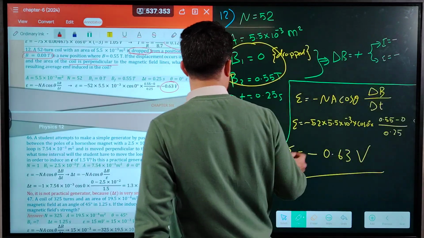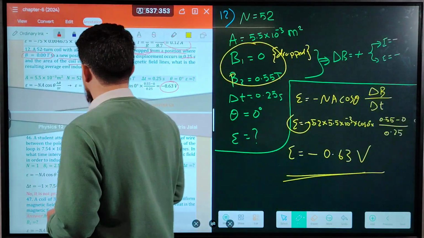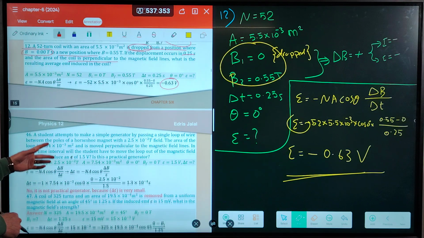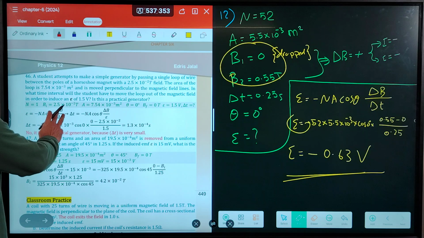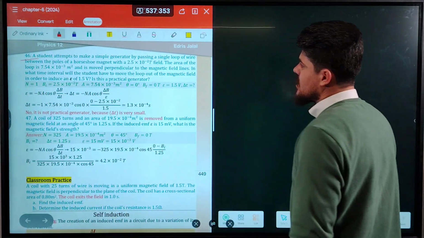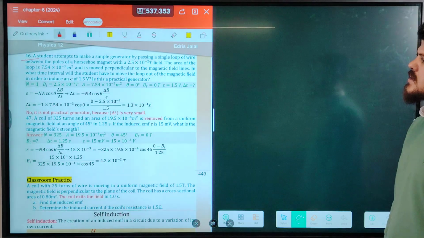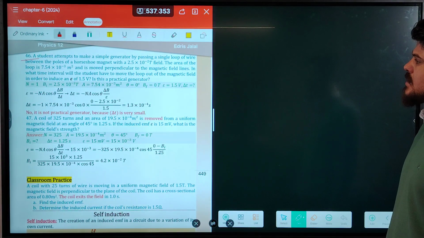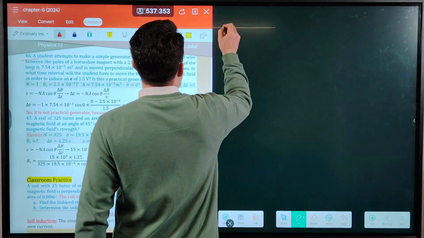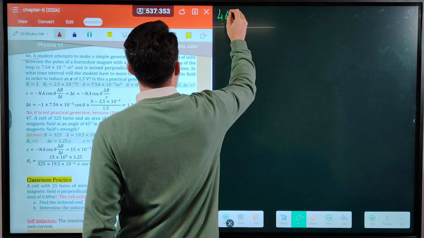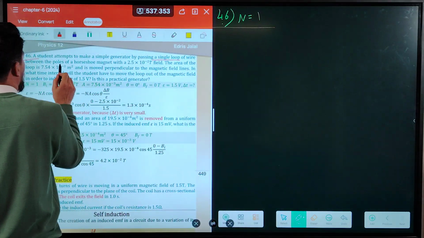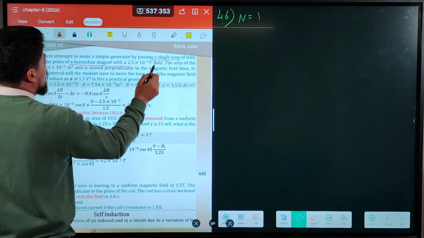0.63 volt. By calculator, you can get the final result of induced EMF in question 12. Question 46, guys, look. In question number 46 in review and assess, a student attempts to make a simple generator by passing a single loop. What do you mean by single loop? Number of loops is equal to 1, of a wire between the poles of the horseshoe magnet with